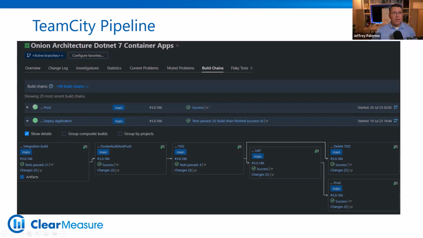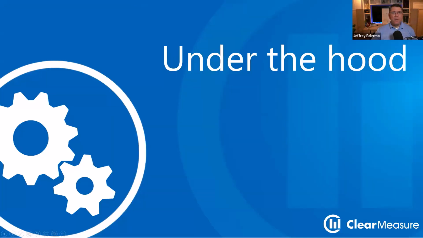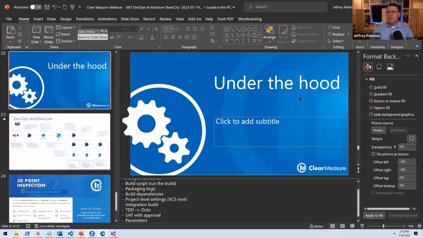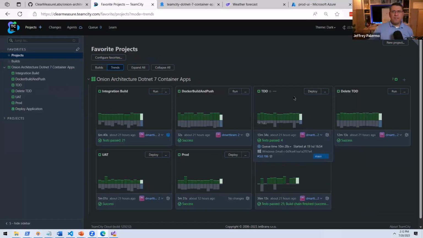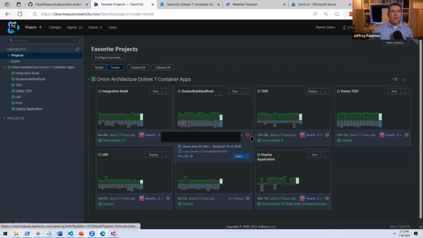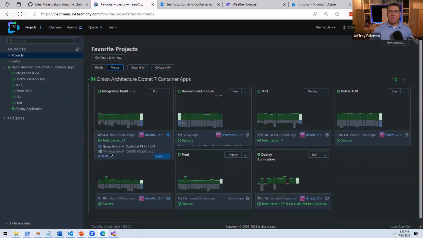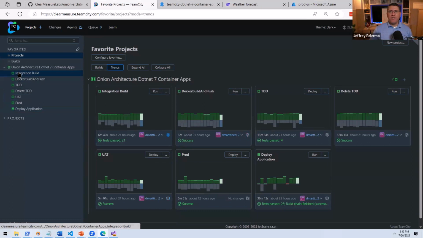All right, so let's go under the hood and look at this. Okay, so I have this right here. Let me just full screen this for you guys. And let's look at, actually, I'm going to go straight into the integration build. Now, in TeamCity,